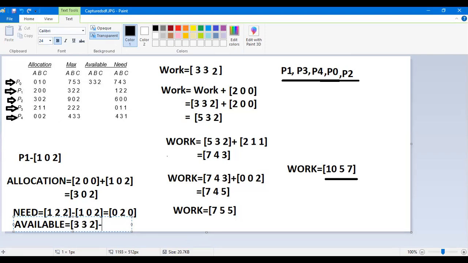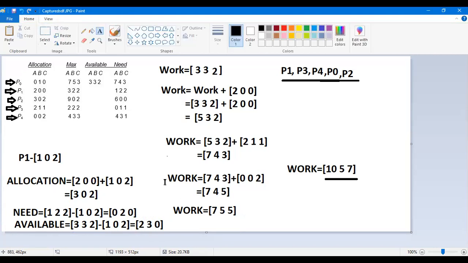Now you are already giving 1, 0, 2. What will be the final values? 2, 3, 0. Your available is this one.